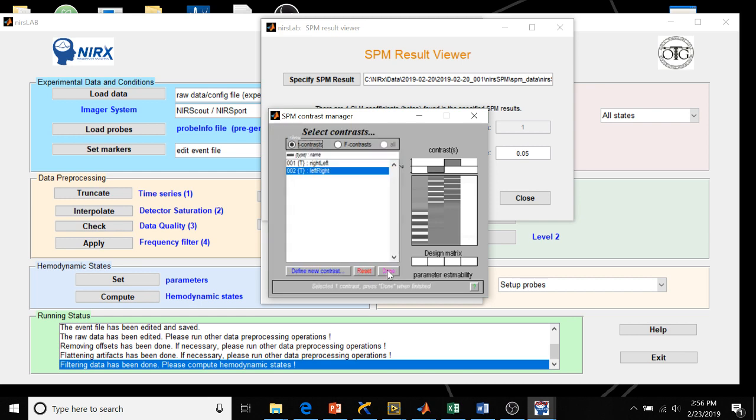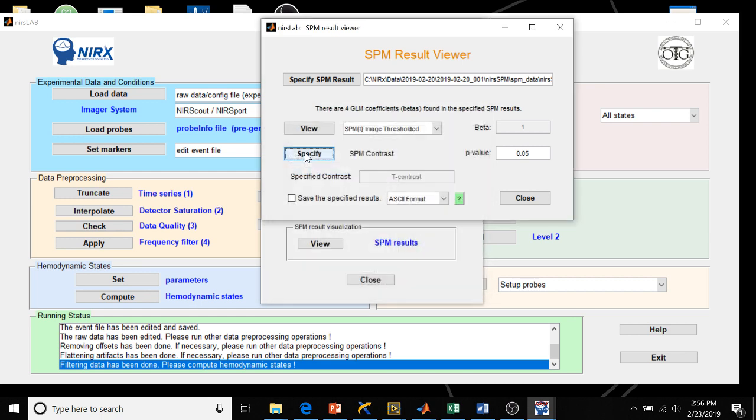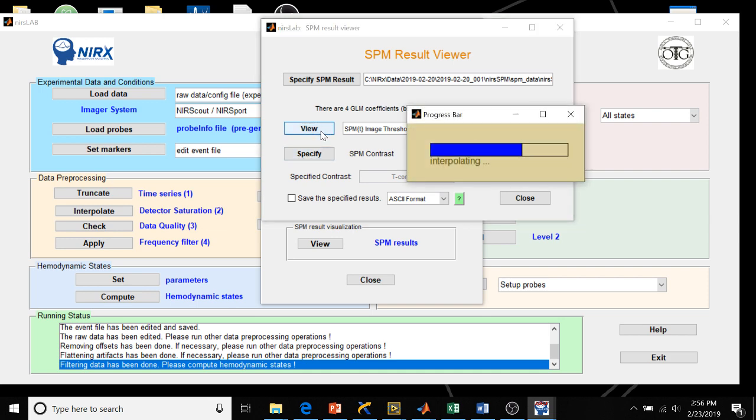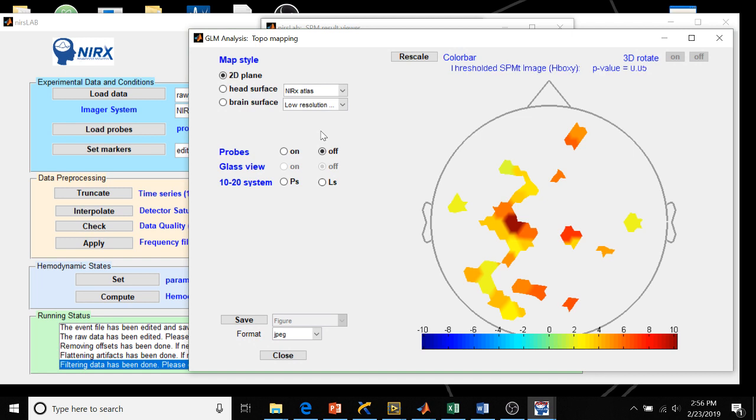Sometimes the left condition compared to the right has better output rather than vice versa. We see in the motor cortex for this condition there is a significant region that's likely due to the experimental design for the right-hand condition as compared to the left,